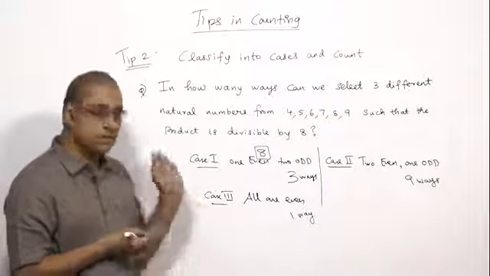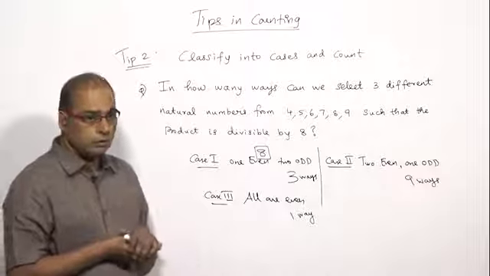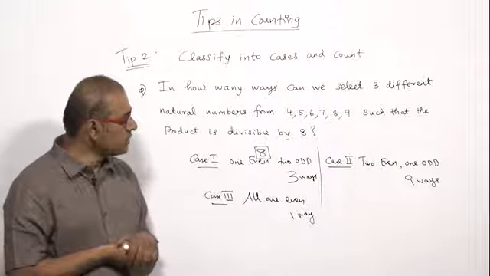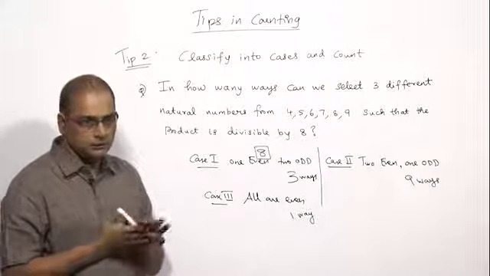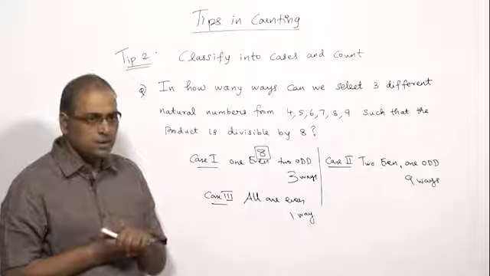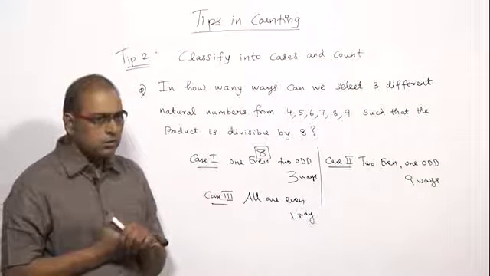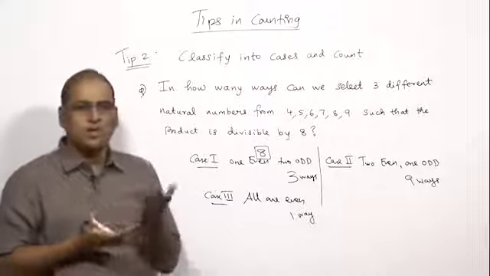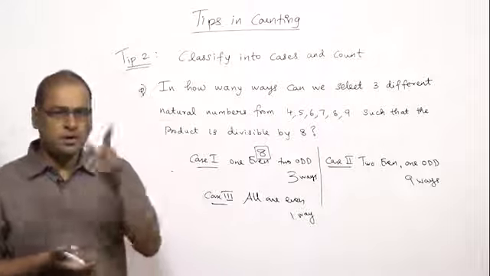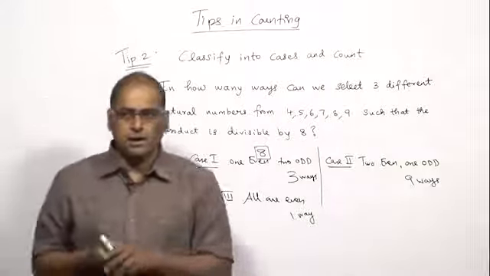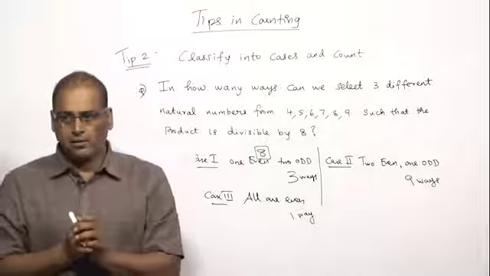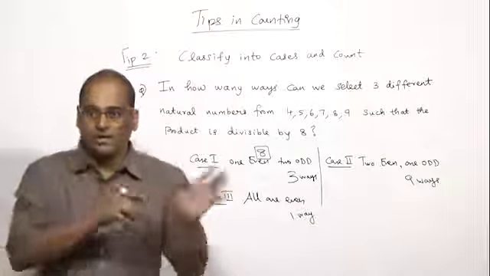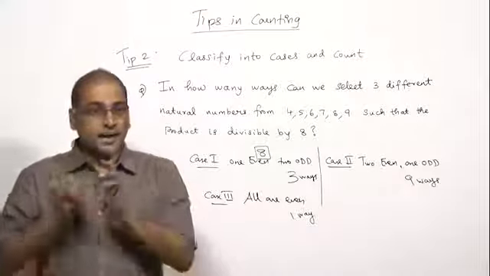No, cases. How are you going? 4 is one of the numbers. Okay, case 2. It's a long one. Definitely there should be 1 even. But suppose you are classifying this way: 4 is one of the evens, case 1. Case 2, 6 is one of the evens. Case 3, 8 is one of the evens.